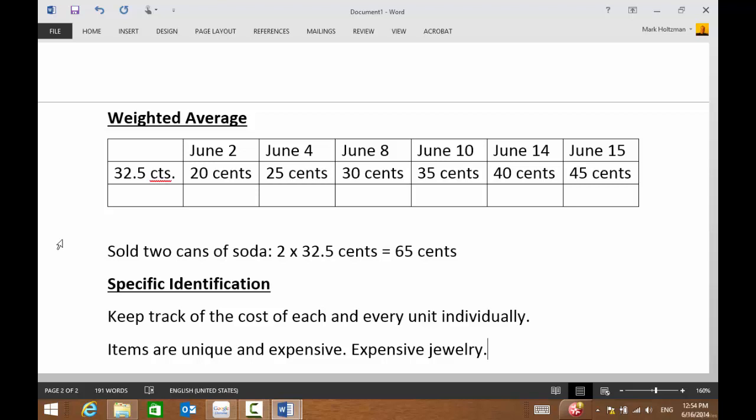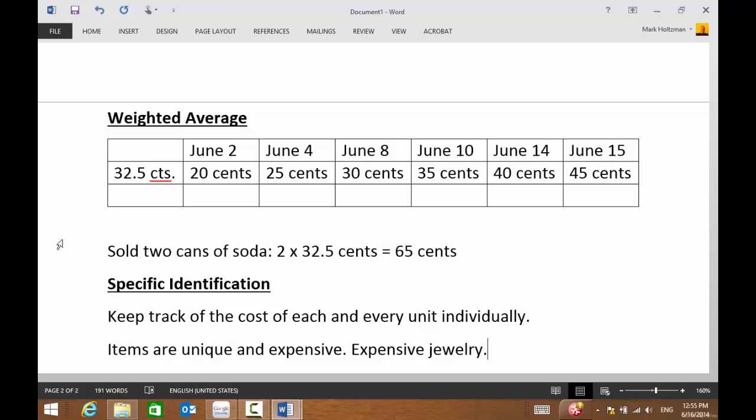So say, has anyone here ever worked in a jewelry store? What a jewelry store will typically do, and this could be a mom and pop jewelry store or an expensive one, the only exceptions being costume jewelry or inexpensive jewelry, is at the end of the day, they go through a whole routine. They take all the inventory out of the display cases and lock it up in the vaults, and they count it because they want to make sure that everything is there. And each item has a tag, and the tag usually has a code which tells them how much it costs, because they keep track of the cost of every item individually.